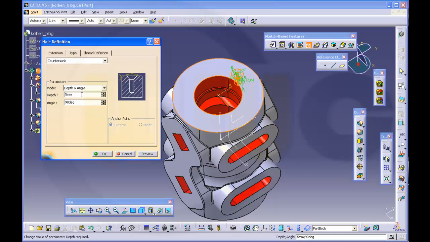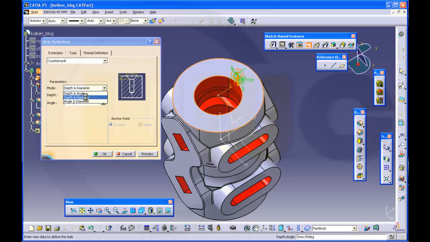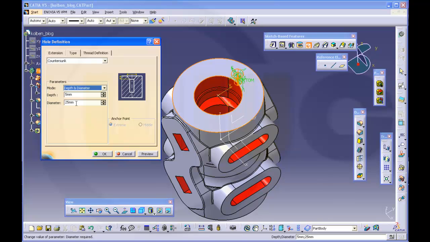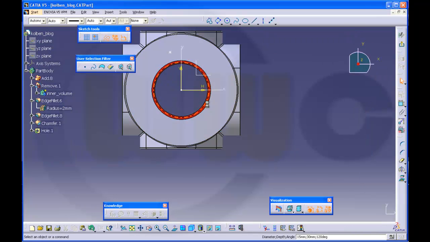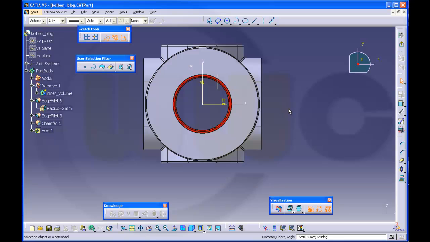And angle should be depth and diameter, so I go for depth, it's 5, and the diameter is 25, that's okay. And go to the positioning sketch, and this one should be